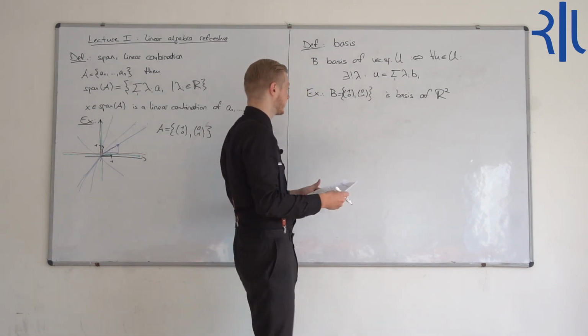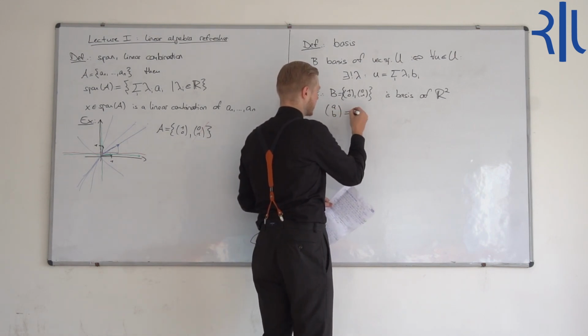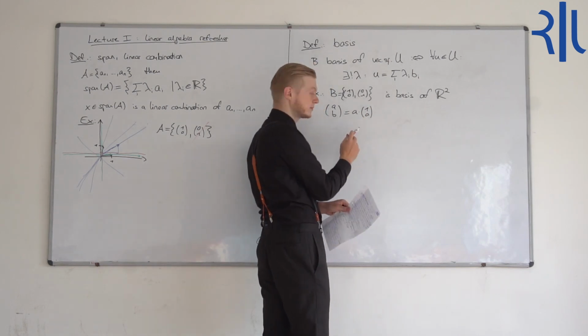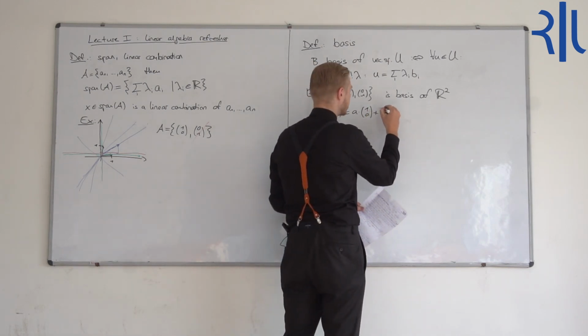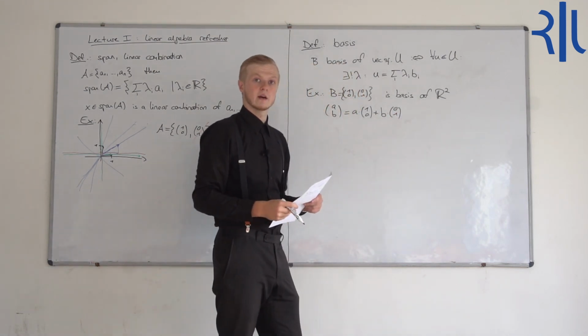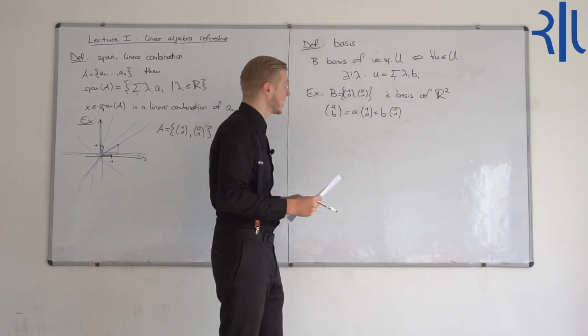Because when we get any vector, let's say (a, b), we can only write it as a times (1, 0) plus b times (0, 1). There's no other way to represent (a, b) as a linear combination of those two vectors. However,